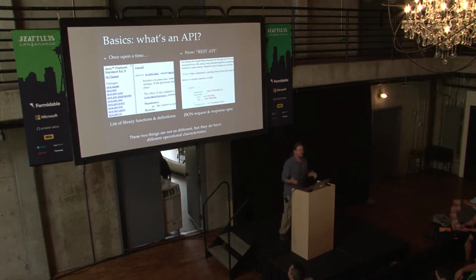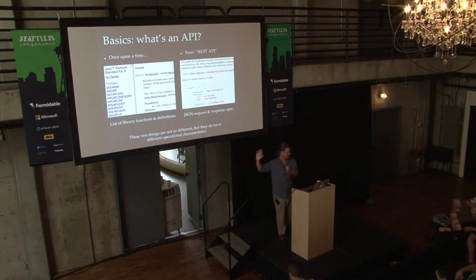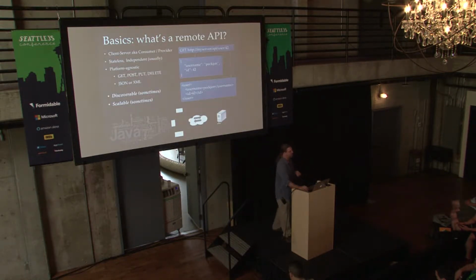Okie dokie. So these, at first blush, seem to be pretty different, right? One of these is actual code that runs locally right there in the browser. You're doing something with it. The other is out there in Never Never Land. You've got to run it through JSON to go and call it and get it back. But realistically, we use these things very similarly. They just have very different operating characteristics. So let's dig into that.